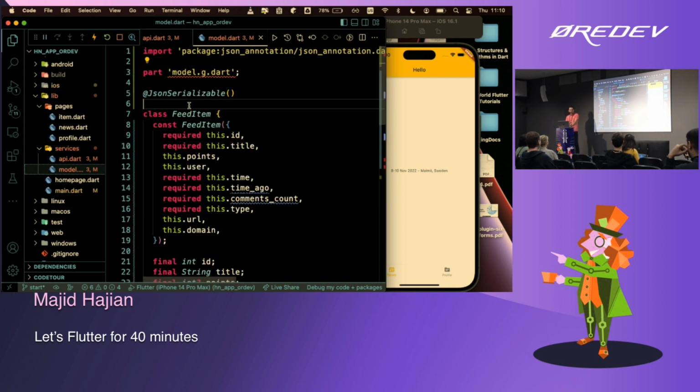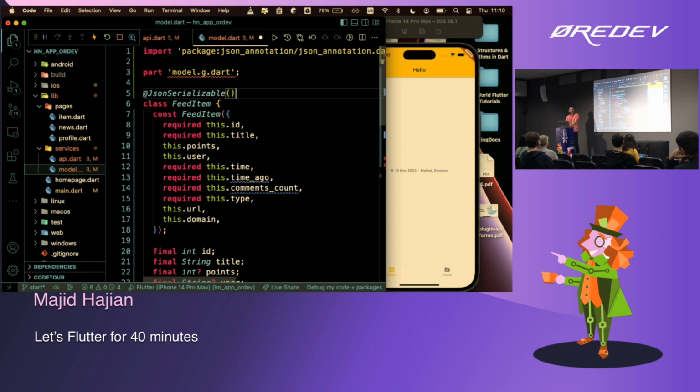All right, and then I'll add this annotation. This is very familiar from some of the concepts in JavaScript and TypeScript. Who can tell me what that is? Decorators. This is like decorators. They just take care of some stuff for you. You don't need to take care of that. So just add this annotation here, and then you import that from the package.